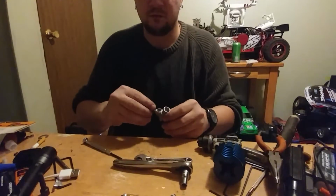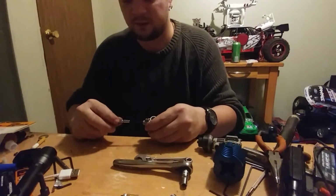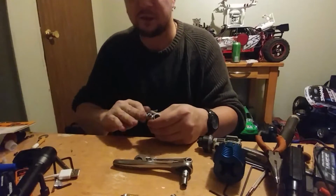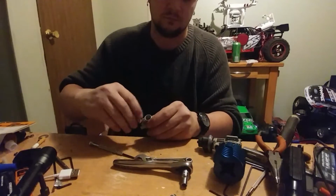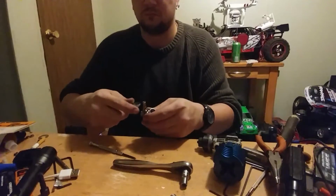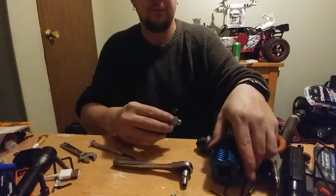Your low speed needle, put it back in. Or your low speed setting, this isn't actually a needle. And on most of these, flush is the stock setting. And then your high speed. And voila, a rebuilt